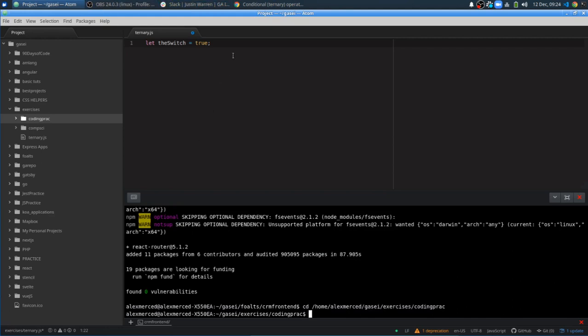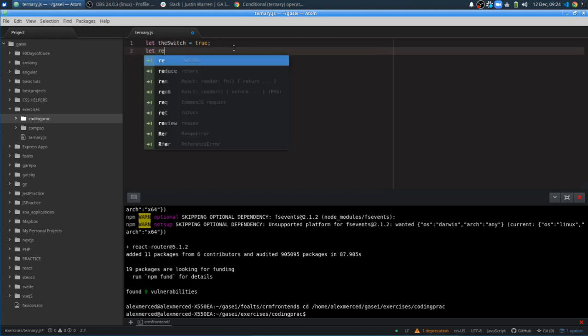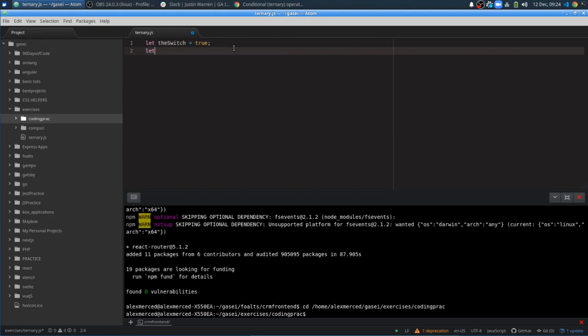Cool. Now let the switch equal true. And then what I would have to do is, let's say there's a variable called result. We'll just say let result equal undefined right now. Okay, now if